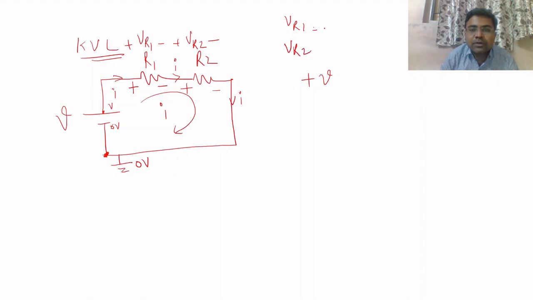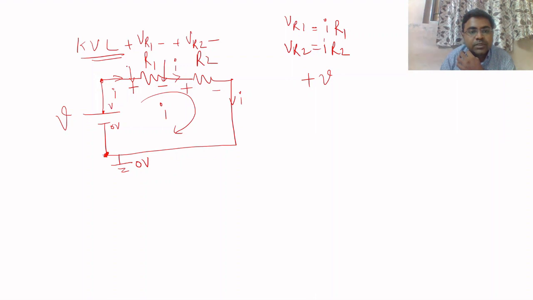So as per Ohm's law, we know that we can give it as IR1 and IR2. Now while I am applying KVL, what is the statement? If you remember, the algebraic sum of voltage in a loop is equal to 0. While I was traveling from this to this terminal, the potential increases because I am traveling from 0 to plus V. Now if I further move in this direction, here the potential is plus V plus VR1, and then